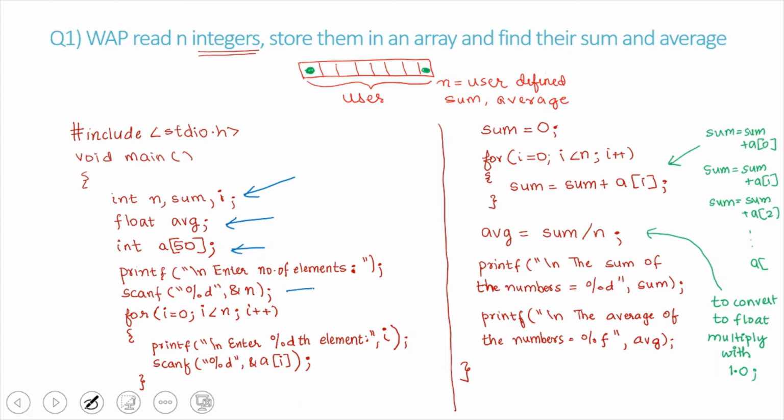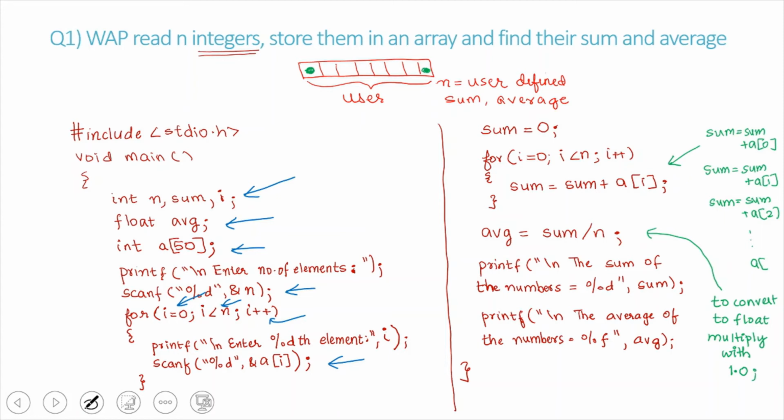So we are going to prompt the user to enter the size of the array, which will be stored in n. I am going to initialize the loop counter to 0, and then it will run up till the size of the array, that is less than n, never equal to n, because we have to have elements only from 0 to n minus 1. And this is how the loop counter is updated. Now the user is prompted to enter the values and the values are entered and stored in the array.